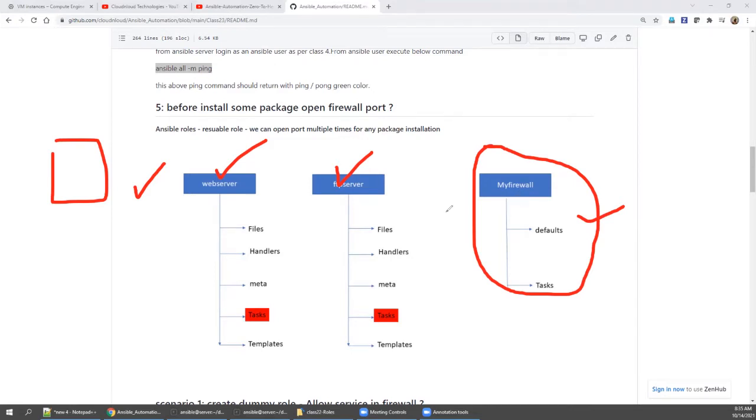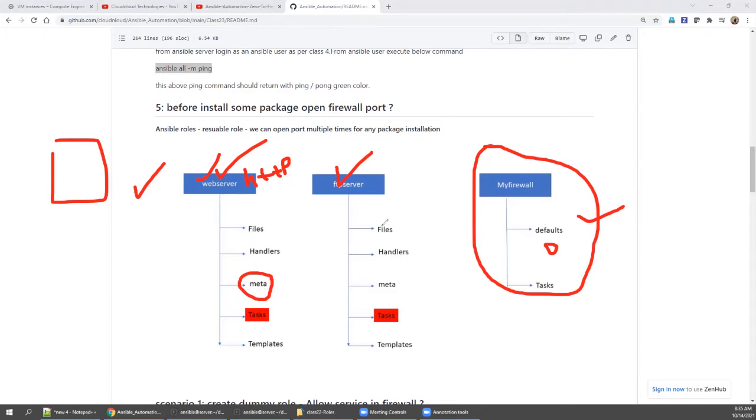The procedure: whenever you create a service installation role, you create a meta file. Only the service name is going to be different, so you call the firewall role and replace the service value. Before this role runs, it will go to meta, call the dummy role, and replace the service, for example with HTTP. The HTTP value will be replaced and the firewall will be opened. Then it will start the install and configure.